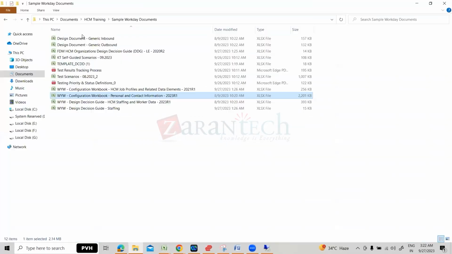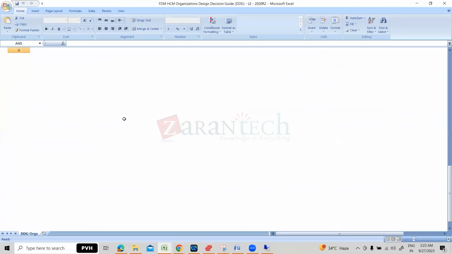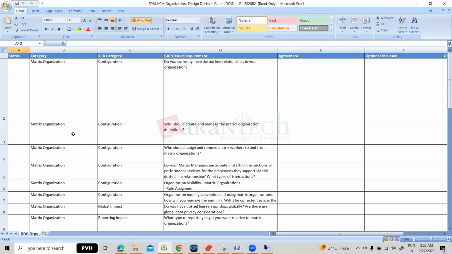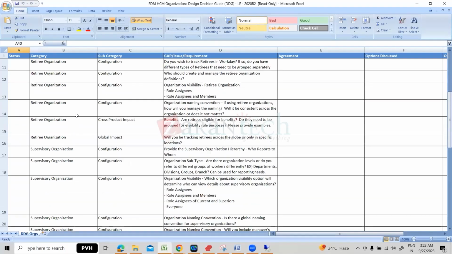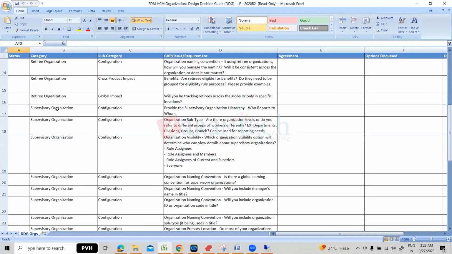Now let me present one more scenario, one more guide where we had the questions as well, which I had done. Let me provide that as well. It's a type of document where you can gather information related to the supervisory organization. So for example, for SUPORG,